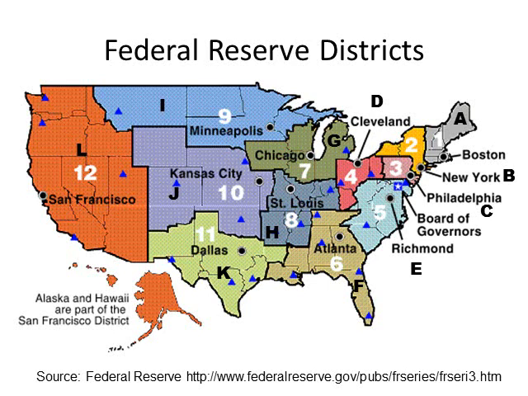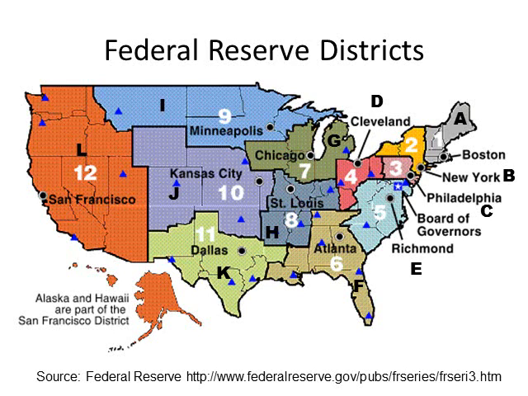District 4, or District D, has its main office in Cleveland and is referred to as the Cleveland Federal Reserve Bank. This district covers about 1/4 of Pennsylvania, all of Ohio, and part of Kentucky. District 5, or District E, has its main office in Richmond, Virginia. This is referred to as the Richmond Federal Reserve Bank. This district includes Virginia, West Virginia, North Carolina, South Carolina, and a small part of Kentucky.